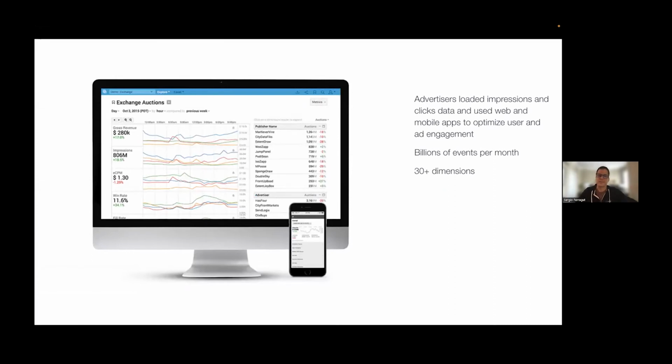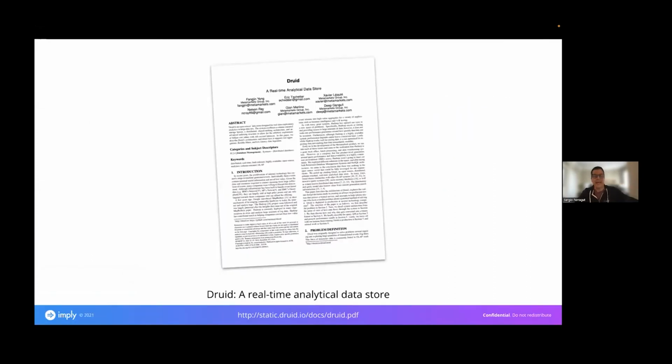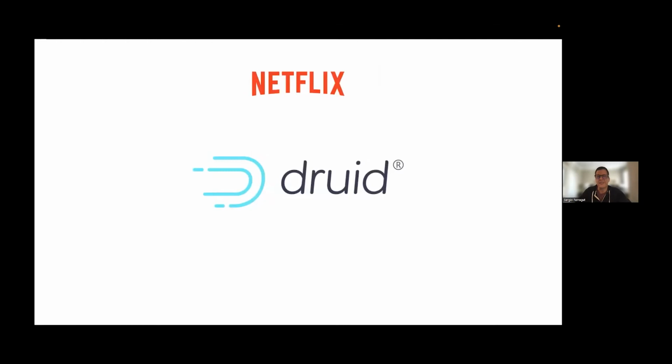But as they were building this database, they decided from the very beginning that they would do it open source. So Druid has been open source from the beginning. It became an Apache project, I believe, I'm going to miss the date there. I don't have my notes, but it was 2013, I believe. And as soon as it was open sourced, one of the first adopters was Netflix,